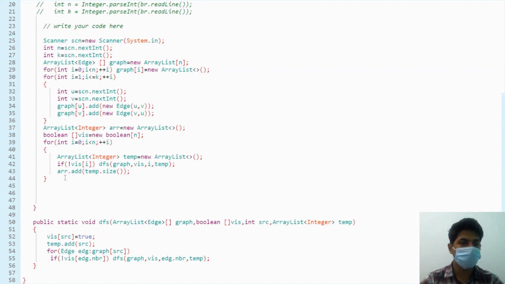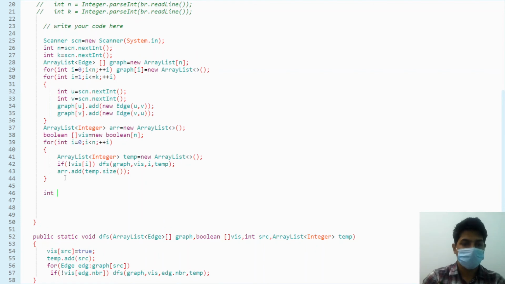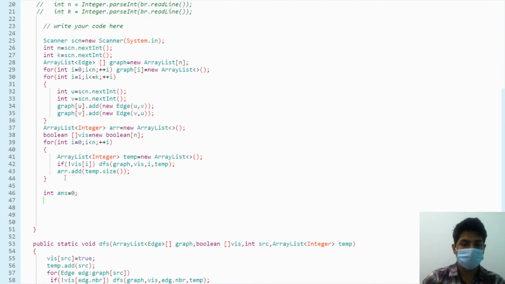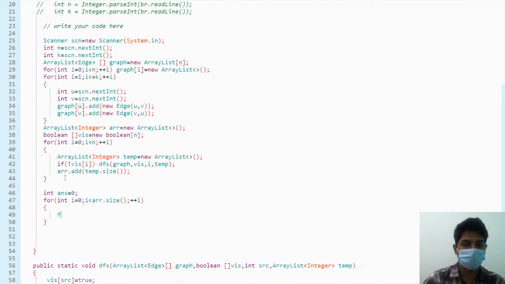Now after this, let's make our variable integer answer equal to 0. We'll iterate for integer I equal to 0, I less than array dot size, plus plus I. Now inside this, for integer j equal to I plus 1, j less than array dot size minus 1, plus plus j.